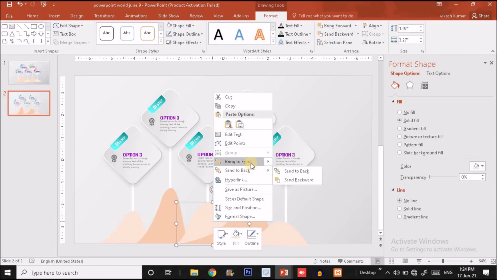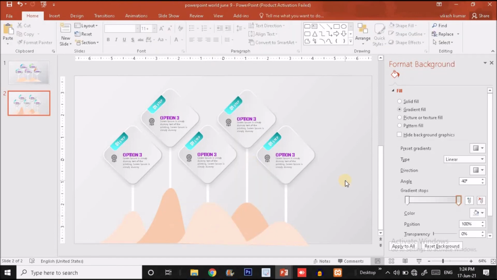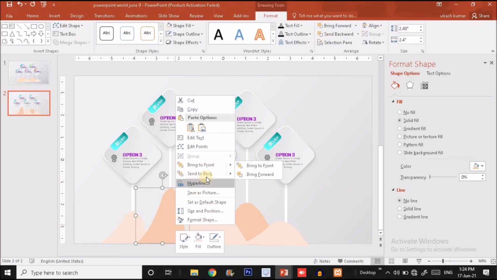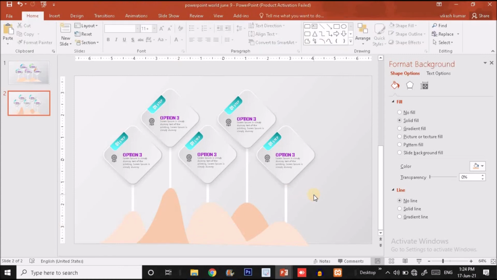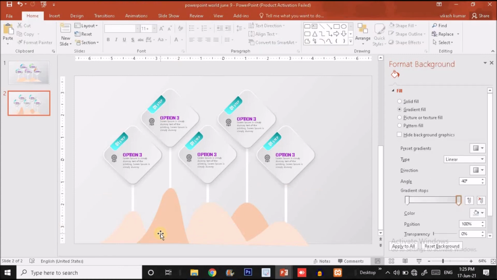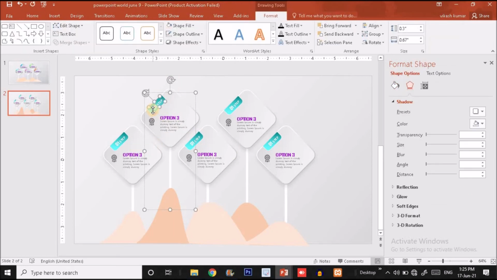Let's bring it to the front. Let's right click over here, bring it to the front. Now it's looking perfect, guys. Okay, so the only thing you have to do, guys, you just have to change the gradient color for each title space and change this text as well as the icon.